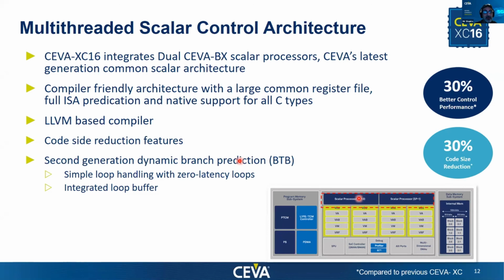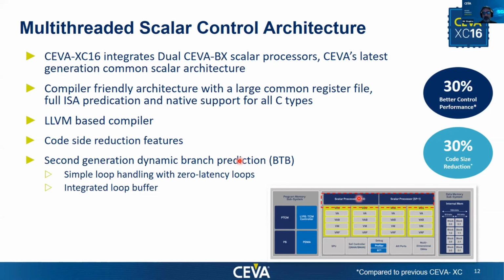It also includes a second generation dynamic branch prediction, the BTB unit, with an integrated loop buffer. So all in all, you get very efficient control code operation, which is a feedback we get from our customers. Typically we work with tier 1 baseband vendors, and they repeatedly say that the control code for layer 1 physical layer operations is very important in the overall mix of the